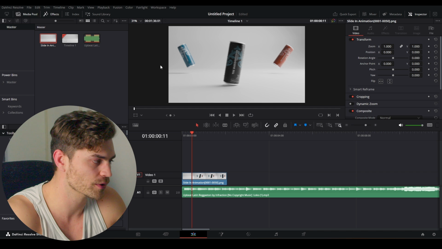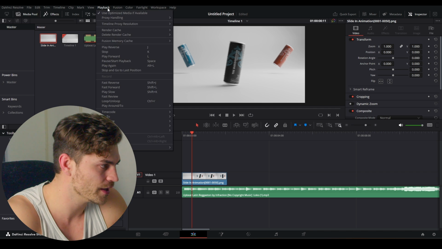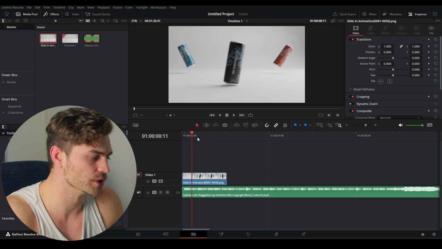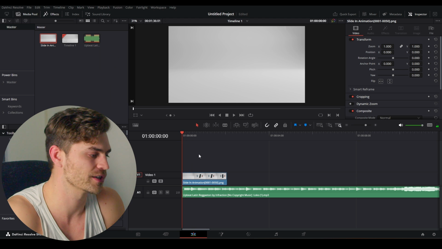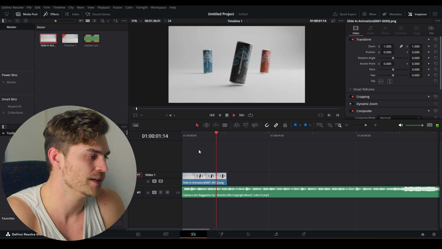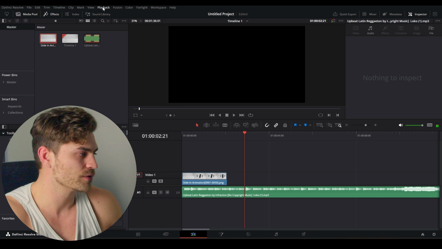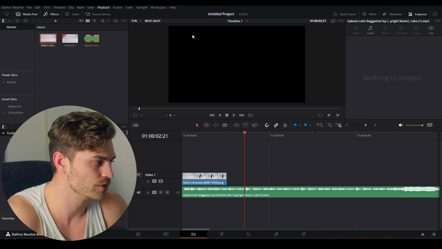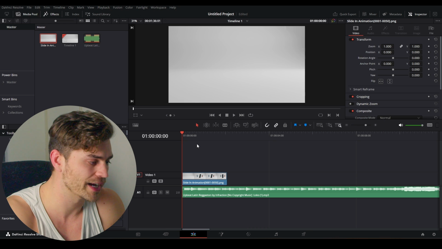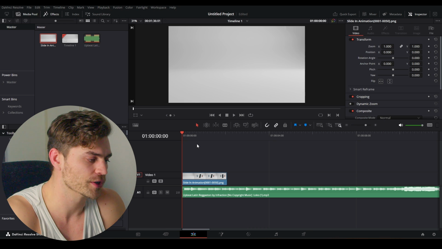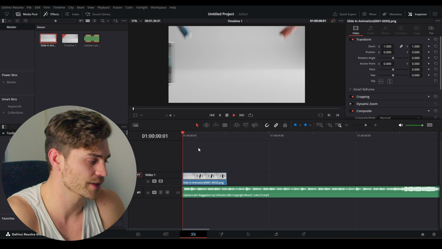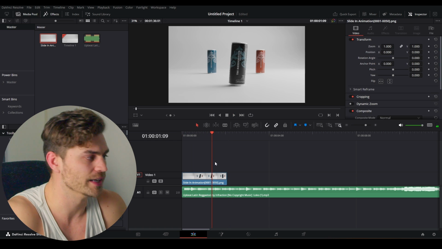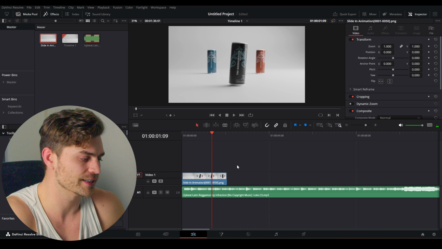Now, if you do want to work with PNGs, what you can do is you can click on Playback, Timeline Proxy Resolution, and set it to quarter. This will reduce the quality to 1/4 of what we've actually rendered, and now it will play back sort of fine. And if it's still not working for you, you can go over to Playback, Render Cache, and set it to Smart. And usually you get a blue line over here which shows you how much of the video is rendered in the cache. It's not showing up right now, it's trying to be funny, but we're not going to be impressed by it. Just use it if you want to render this into a cache.